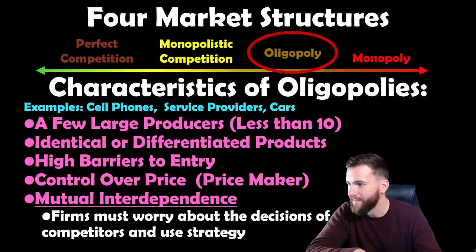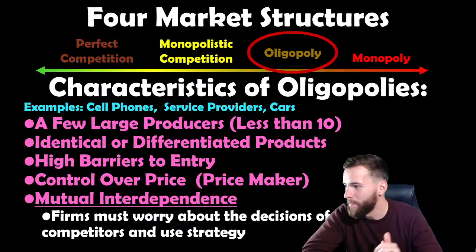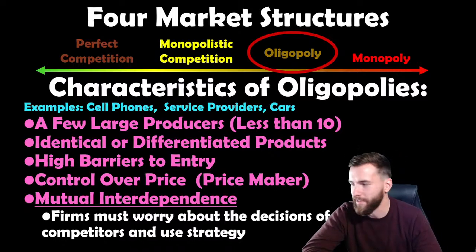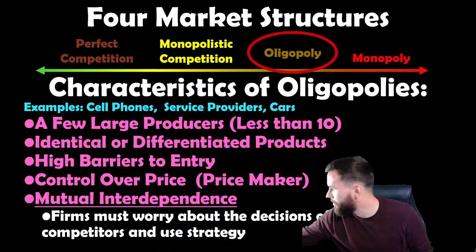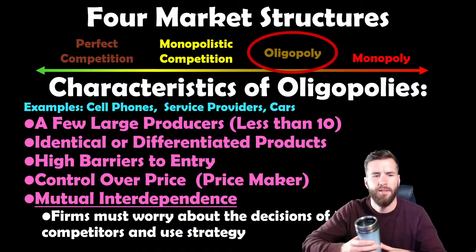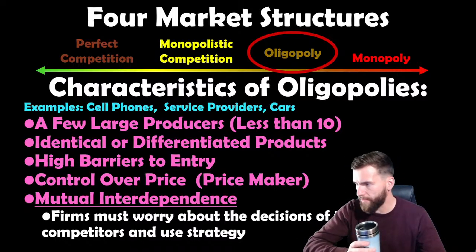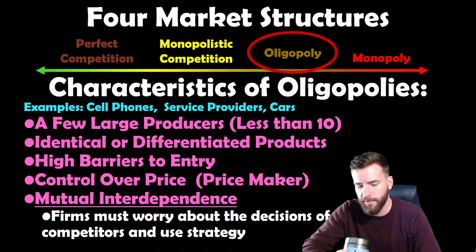So Spirit Airlines is not a team player because they always charge low prices. Spirit Airlines is like the Walmart of retail, right? They're the Walmart of the airline industry. Very, very cheap. They're very, very different than everyone else, for sure. There's another firm that's like that as well. But for oligopolies, for advertising, right before someone asks it, just put, it depends on the other firms. It depends. Game theory, right? Put game theory.